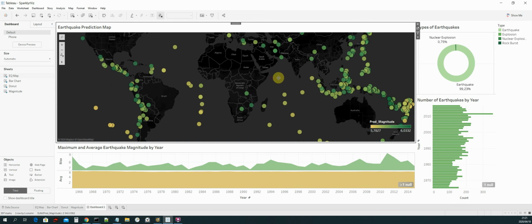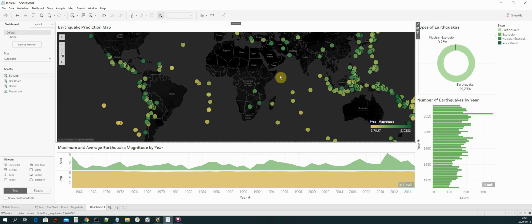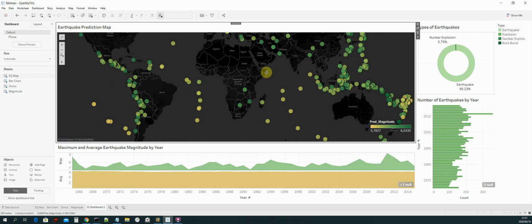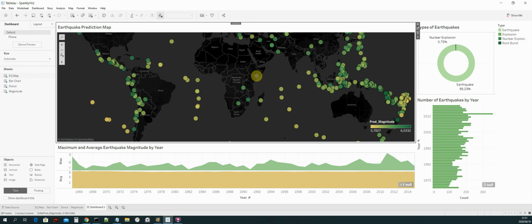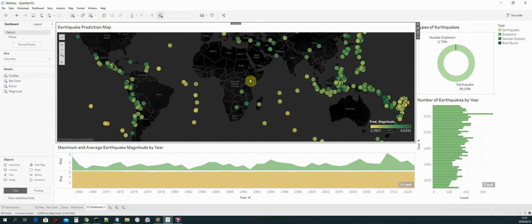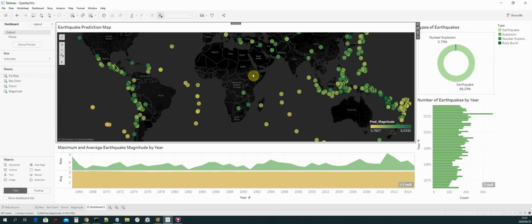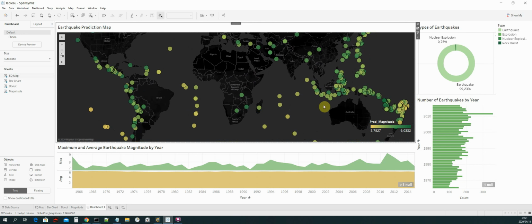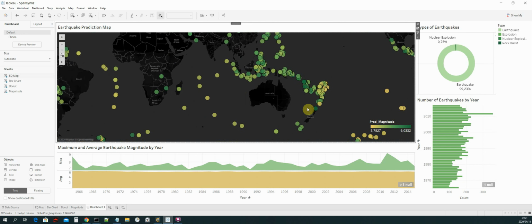Okay, so Tableau allows us to make use of very basic mapping tools, right? We are using an inbuilt mapping tool which allows us to create map layers as well as choose different base maps. So I decided to choose the dark one that will allow our data to stand out. Each point is an earthquake on the map, and you will see that